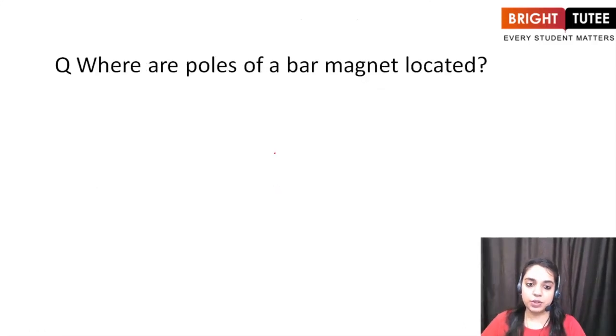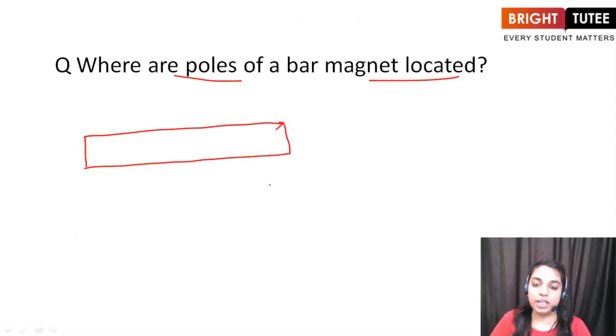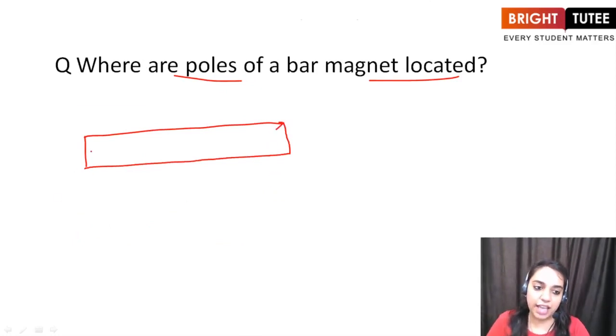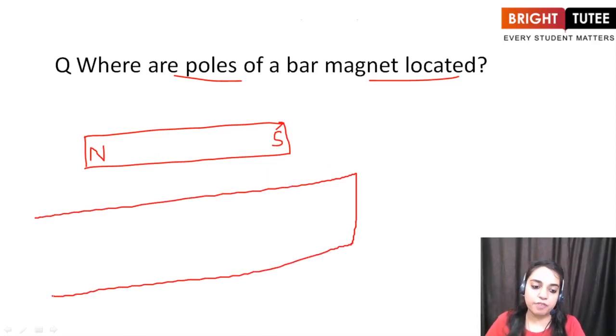Next question is, children, where are the poles of bar magnet located? So children, suppose we have this as a bar magnet. So where are the poles located? So children, at the edges of it are the poles. And how can we verify it? So children, what we will do, we will take a piece of paper. On this we